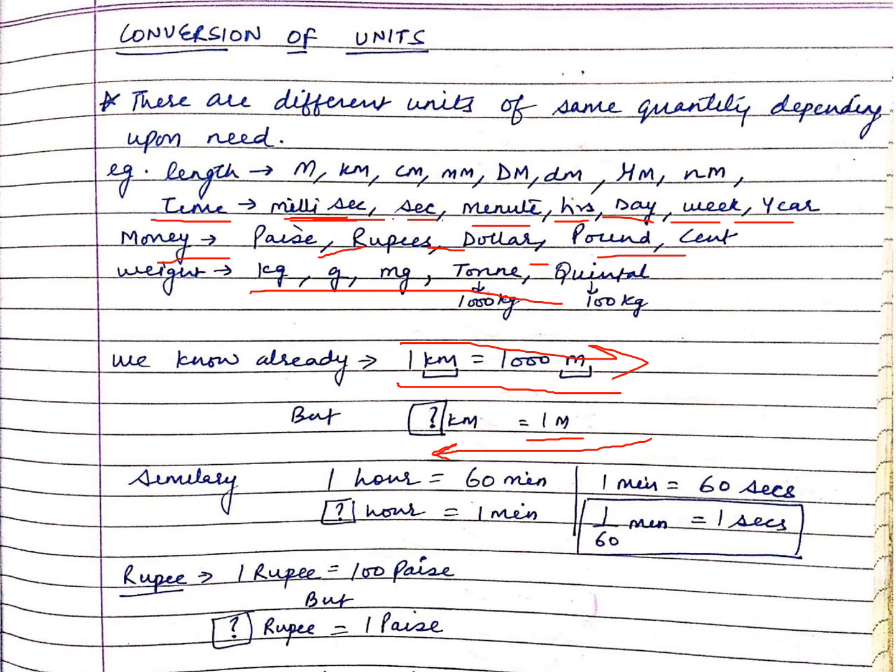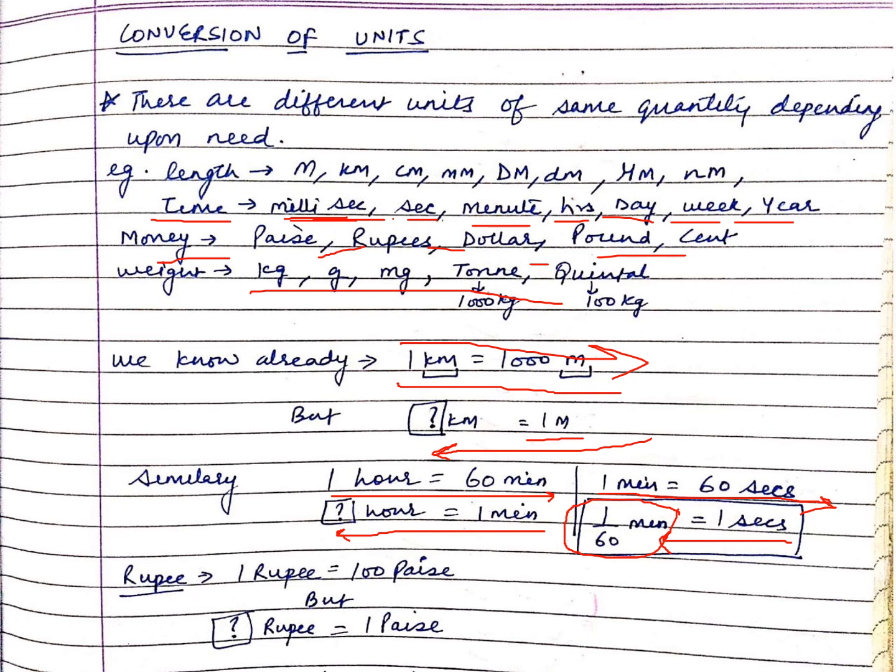Similarly, I have more questions for you. You all know in 1 hour there are 60 minutes. Again, I am changing the question: how many hours in 1 minute? What do you think? Can you guess it? Okay, if you can't, we will understand it. Don't worry. Suppose someone says 1 minute is equal to 60 seconds. Then 1 second is equal to how many minutes? 1 upon 60. I gave you the answer by mistake; here also it was a question. I will explain how it came in the coming slides.